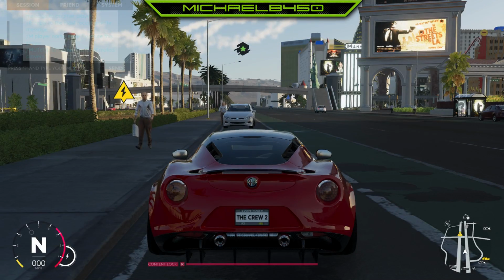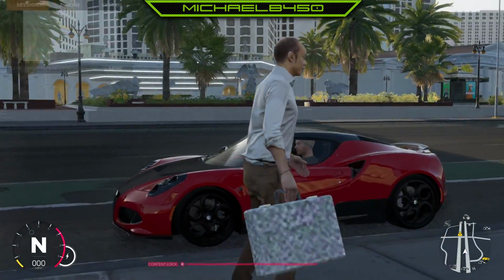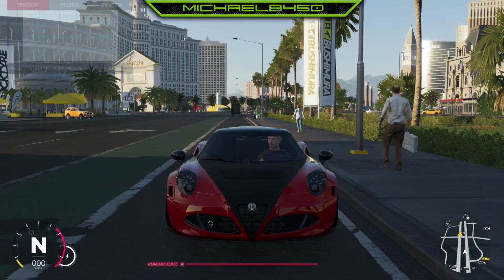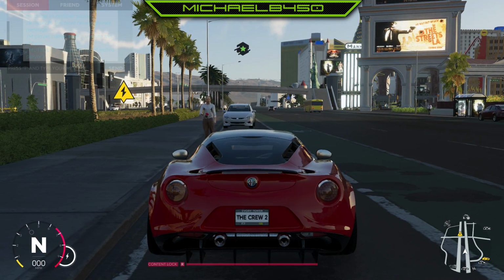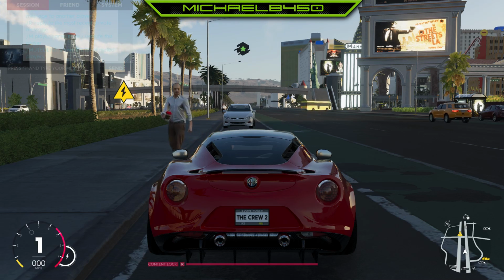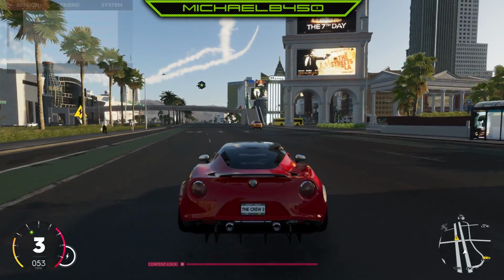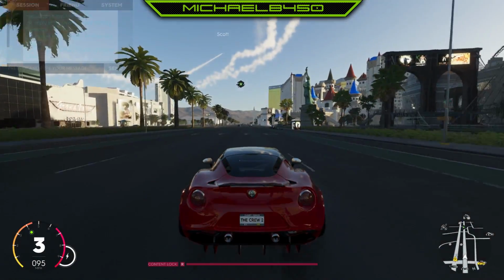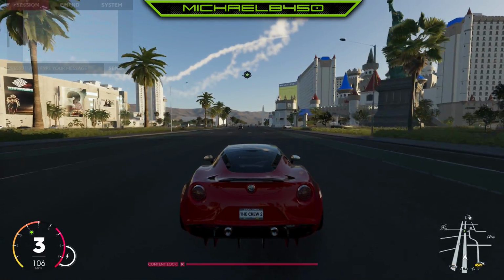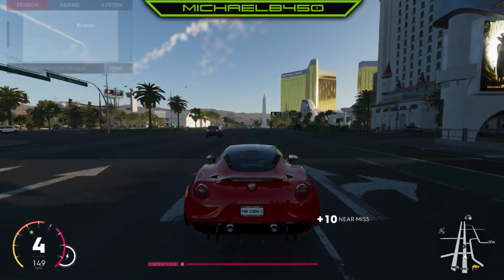Alright guys, welcome back to another video on my The Crew 2 closed beta let's play. In this video I wanted to talk about how I feel towards the manual shifting mechanic and the button mapping of manual shifting. As you can see, I am running in manual mode. I can shift through the gears manually whenever I want to, but there's a fairly big problem I find with the manual mode of this game, and that is when you actually activate manual mode,